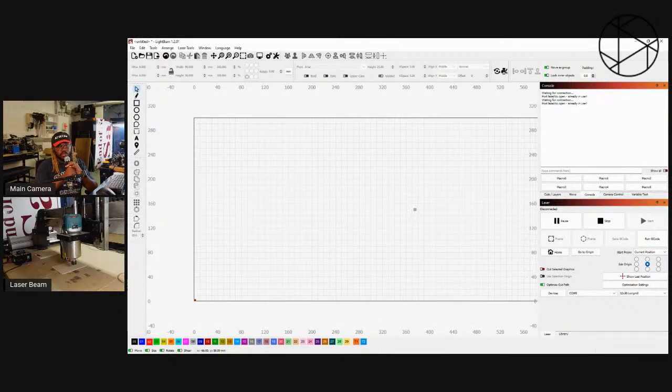This is show number 2. We're going to be making some coasters, so some circular engravings. So first, actually, I'm going to show off the page at which you can download